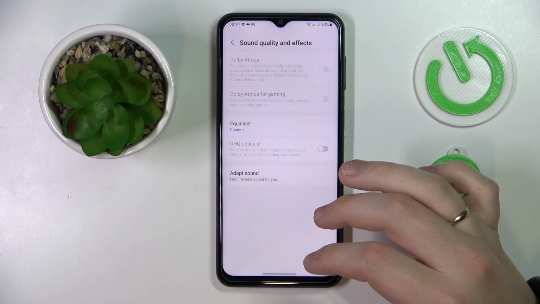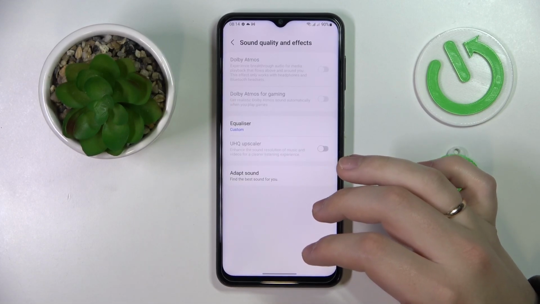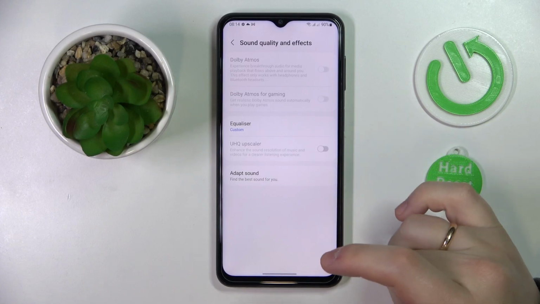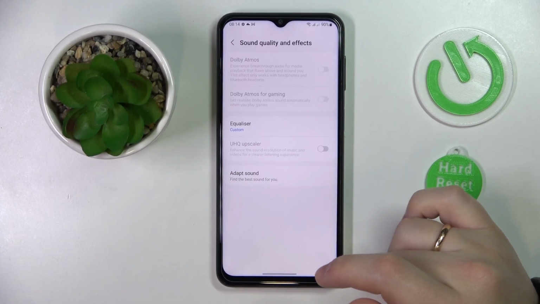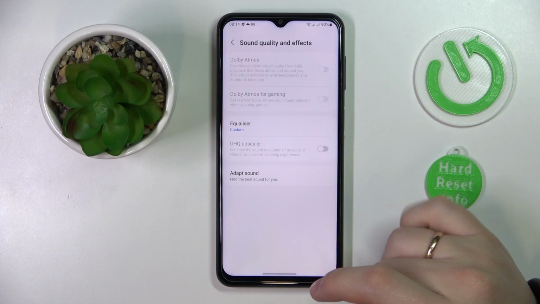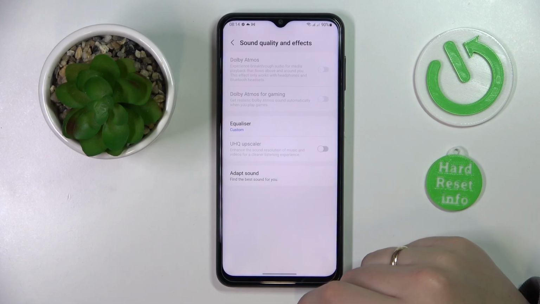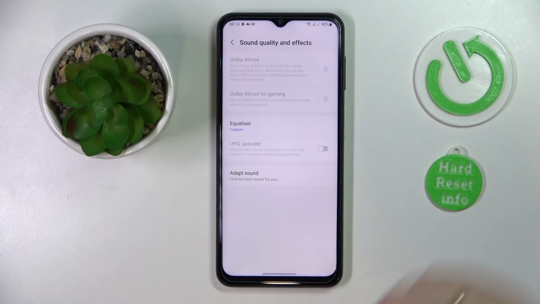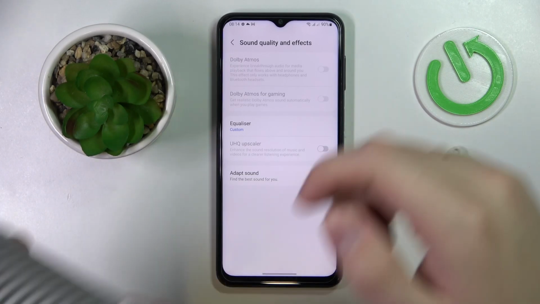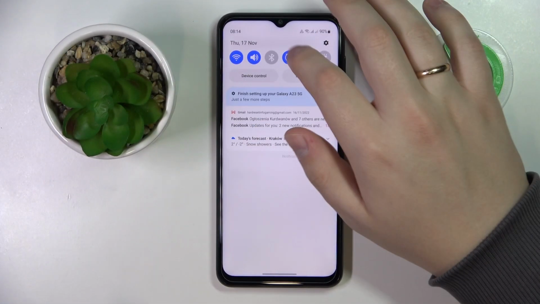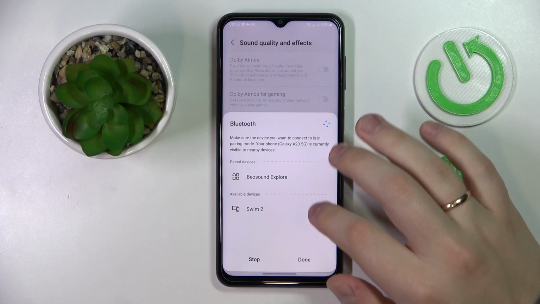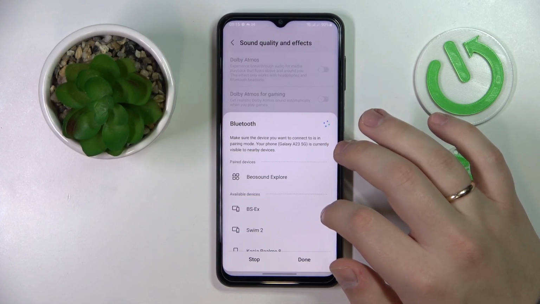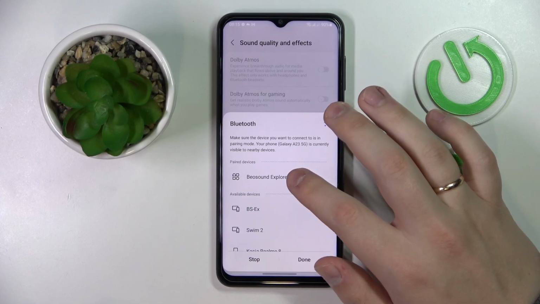So if you would like to turn it on, you have to either connect your smartphone to an external speaker, should it be a JBL speaker, through Bluetooth, or you can also use wired headphones with it. So for instance, I have this little Bluetooth speaker with me, so I'll just go ahead and connect it to my Samsung Galaxy real quick,